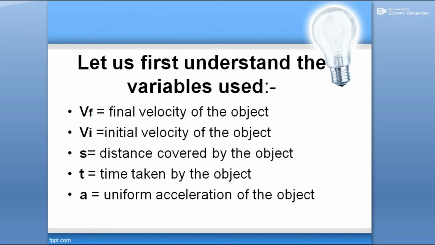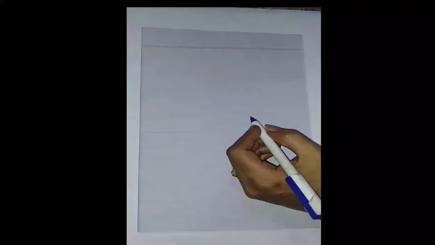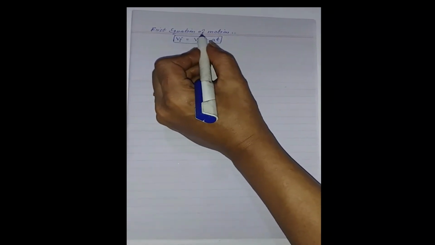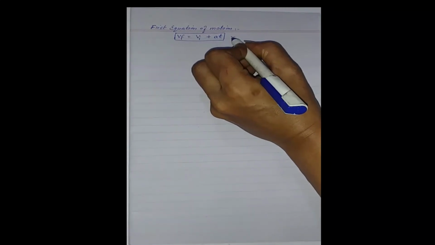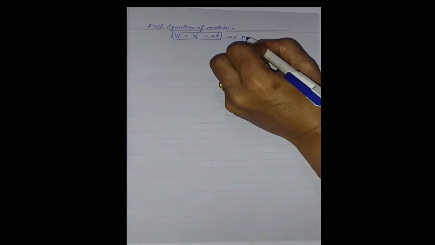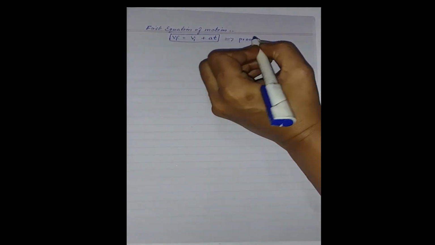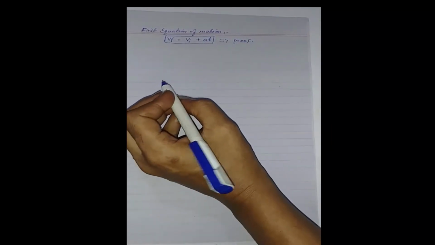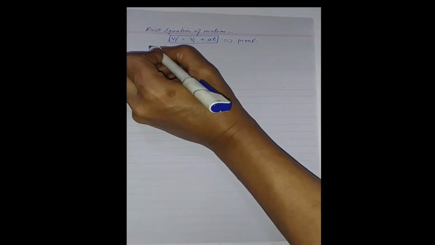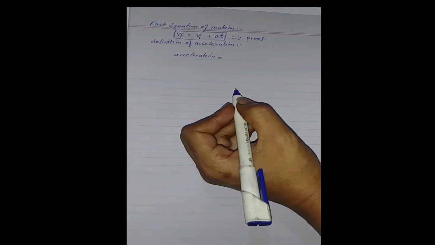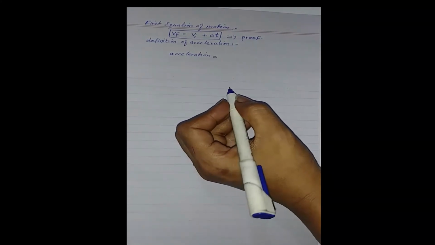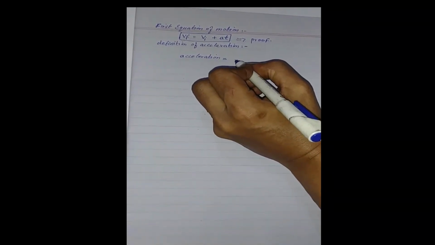Now we will derive these equations of motion one by one. Now we will start with the first equation of motion. First equation of motion is Vf equals Vi plus At. Now students, we are going to prove it. For this we are going to take the definition of acceleration. Acceleration is equal to